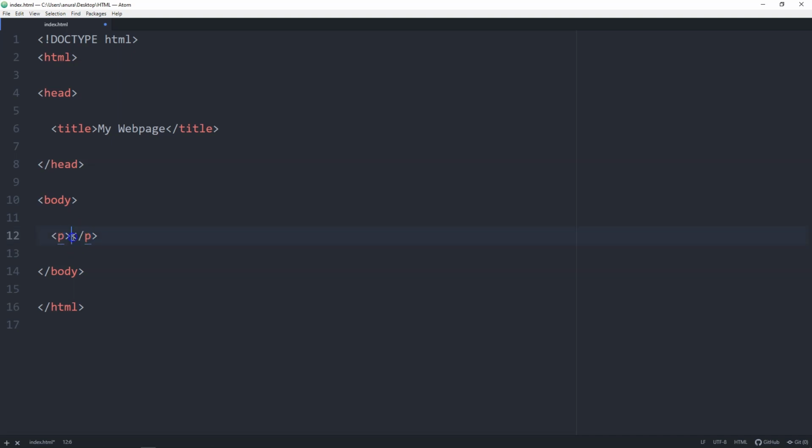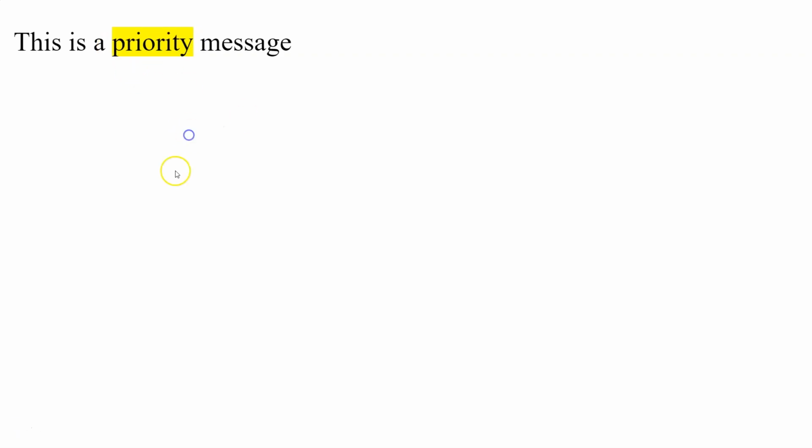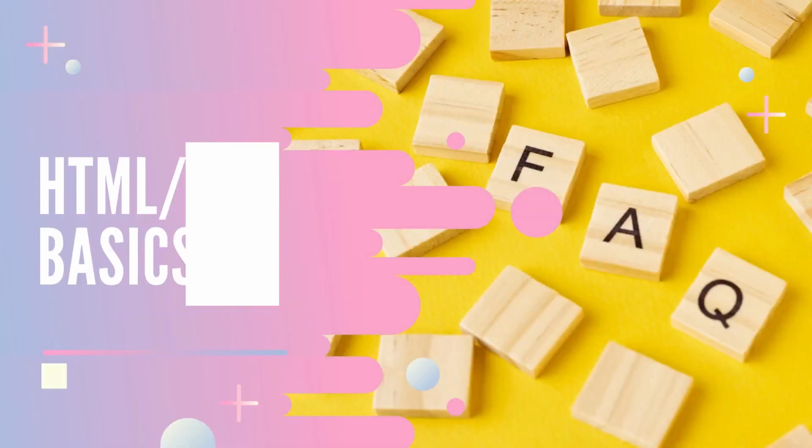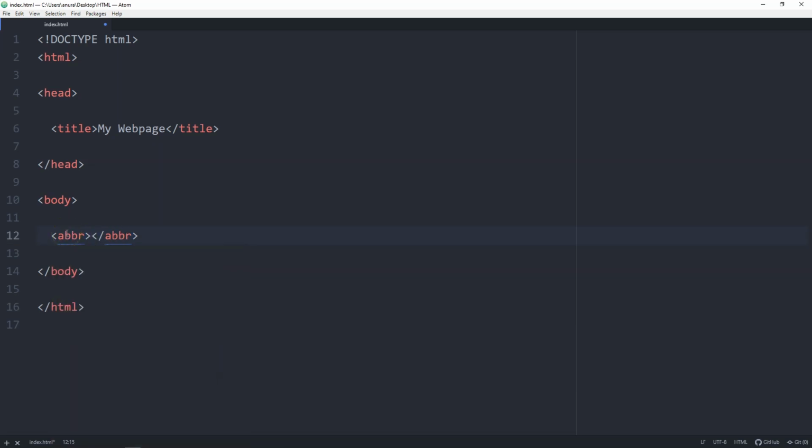The mark element is another semantic element used to highlight a text. It is used for a text that needs to be marked or highlighted and to show special interest or relevance in a web page. HTML has a tag for abbreviation or acronyms and it is represented with ABBR. You need to specify the full form in a title attribute in the opening tag. So whenever a user places his mouse over this abbreviation, the browser automatically shows him the full form in a hint form.